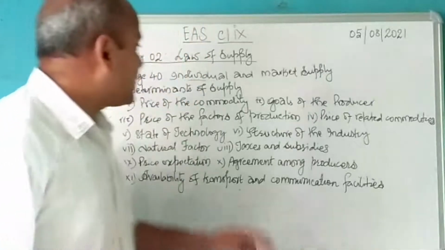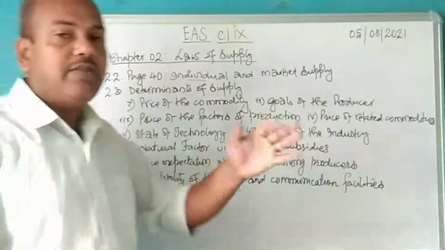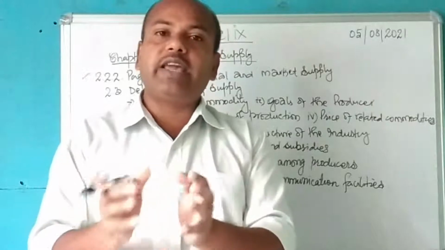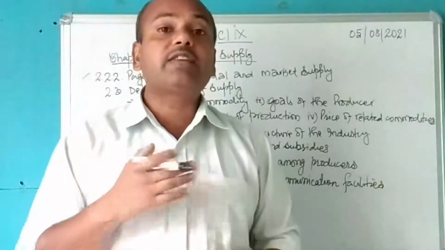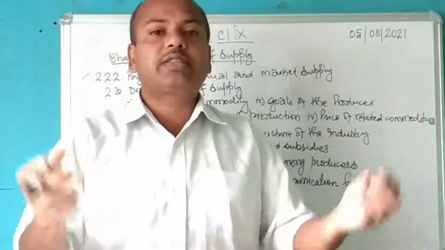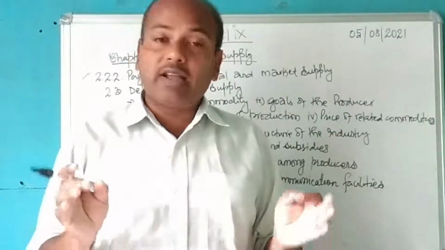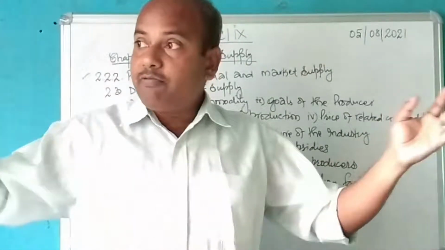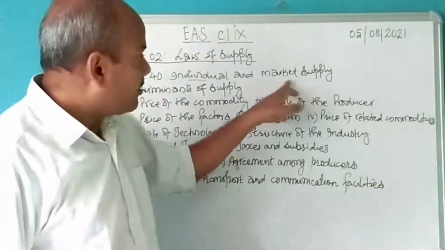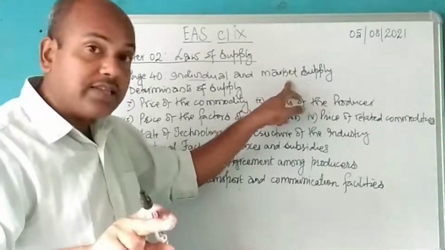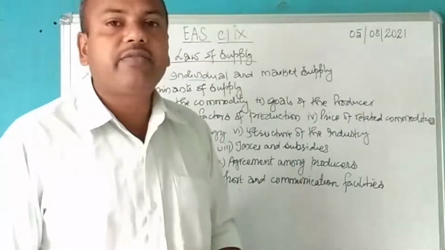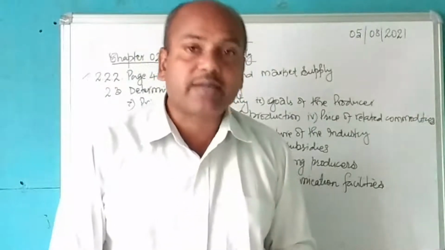Okay, so that is the concept of individual supply and market supply. If I am a supplier, if I'm a producer, and I produce a certain quantity in a particular day and offer it for sale, then that is my individual supply. But if there are 10 people producing the same commodity, and at a given period of time our supplies are all added up, whatever we get will be termed as market supply at a given price and point of time. These two things must be mentioned clearly. So that is the simple difference and the definition of individual supply and market supply.